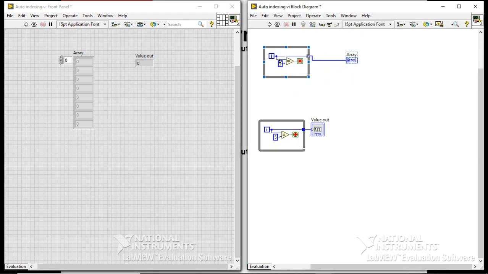same code alone. So here I just set it so that the iteration terminal is going to be equal to 5, and after the condition of the comparison operator is true, the loop will get stopped. My indicator is available outside alone, but you can see some changes in the tunnel. There are 2 square boxes present, which mean auto indexing is present, but here auto indexing is disabled. It is the default structure for a while loop. I will run the program, then you can understand it.